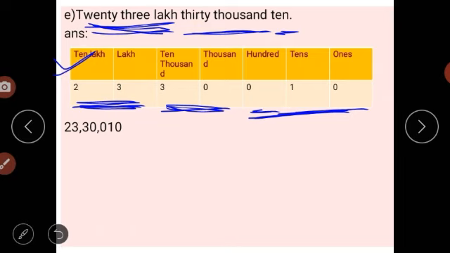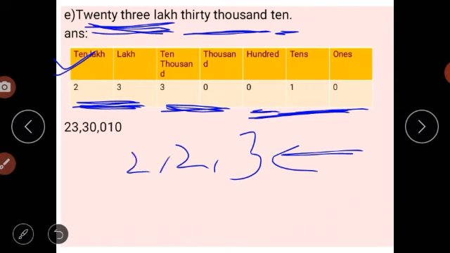Getting it? Here we have to note that in the Indian place value system, the first comma comes after 3 digits, and after that for every 2 digits a comma comes, whereas in the international place value system, a comma comes after every 3 digits. And from which side do we have to start counting the digits? From the right side in both cases. So you have to remember this simple trick.